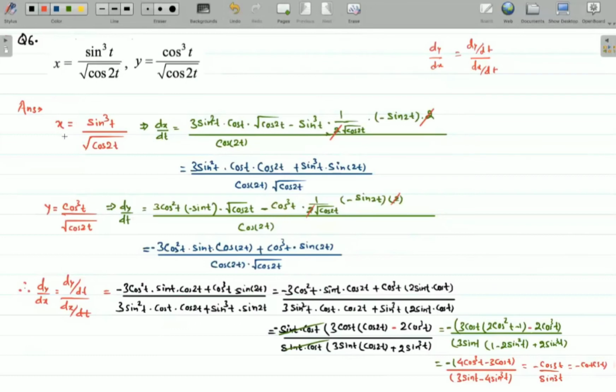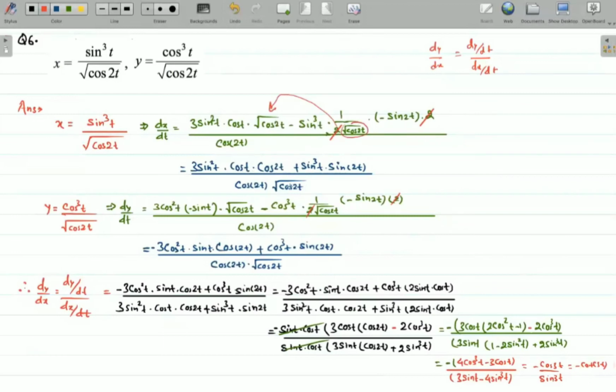So we'll calculate dx by dt. We'll use the quotient rule here. I can cancel this 2. Then I cross multiply this root. I'm taking the LCM of the first and second terms, the root cos 2t in the first and second. So I'll cross multiply, and I'll get the result of this. This cos 2t will get multiplied with this cos 2t and we'll get the result like this.